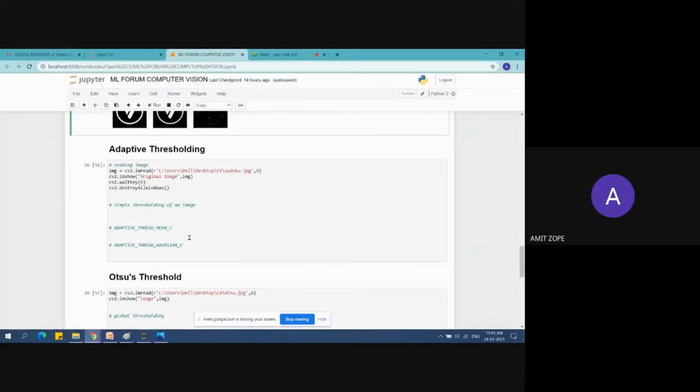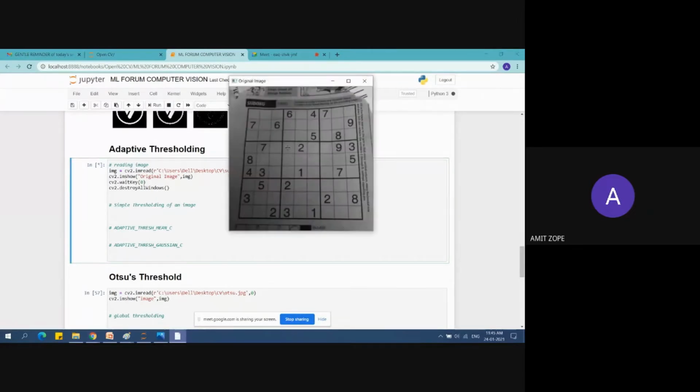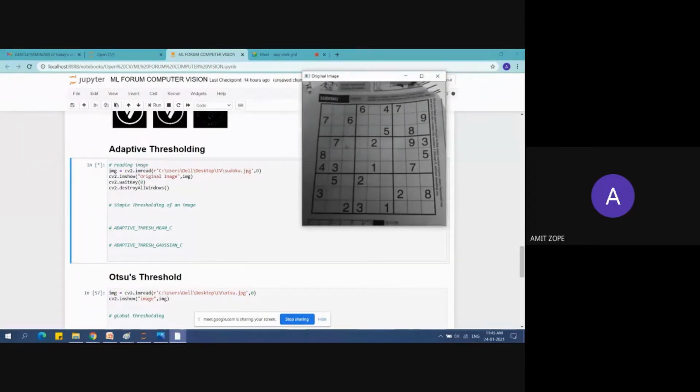I will just move on and let you know about this adaptive thresholding. I am taking this image for the adaptive thresholding. You can see this image, I think everybody is able to see it, but this image can be made clearer when we perform adaptive thresholding on it.